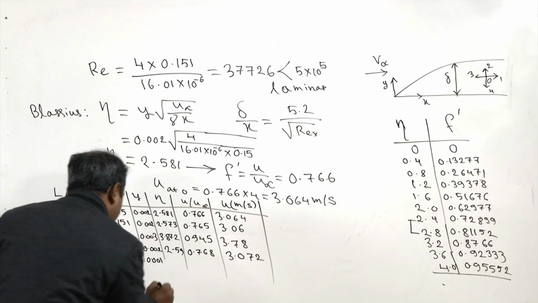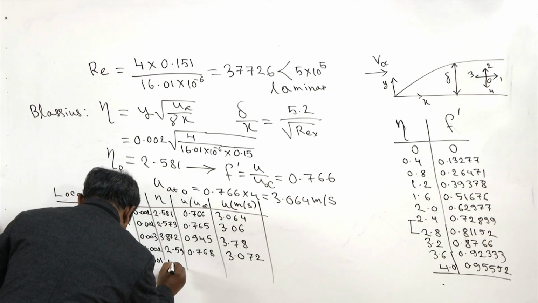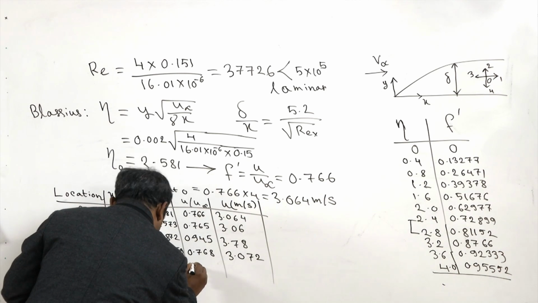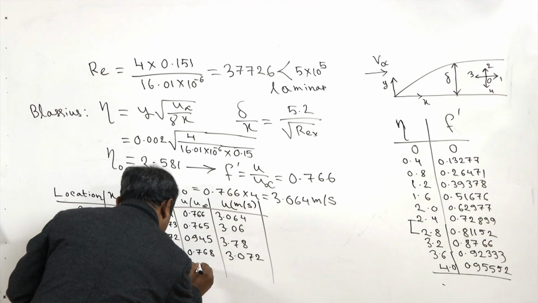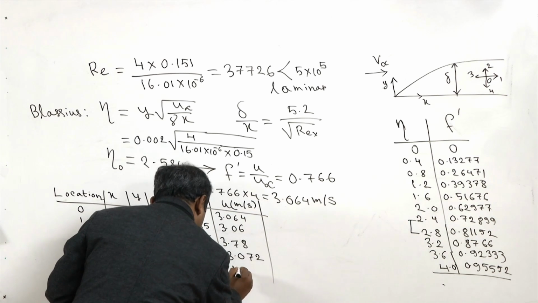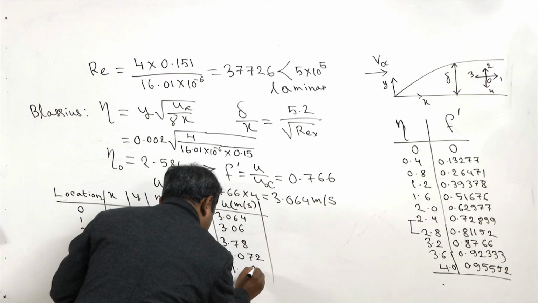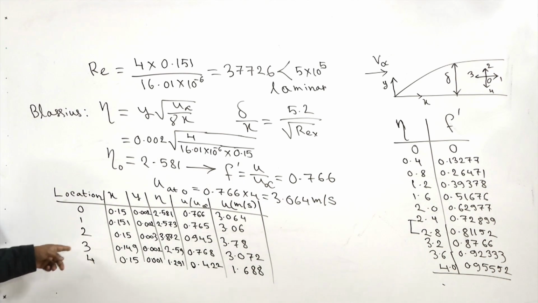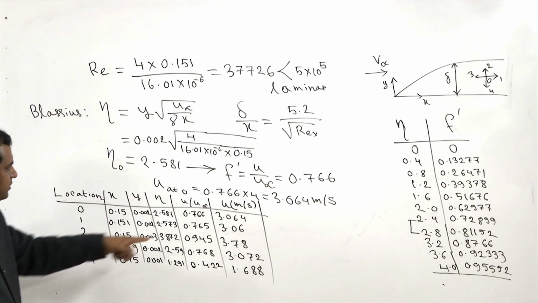0.001, okay, and then eta is 1.291, subsequently f dash is 0.422, and finally the velocity comes out to be 1.688. Now, as the insect is not loving the velocity, so from here at different locations from the velocity you